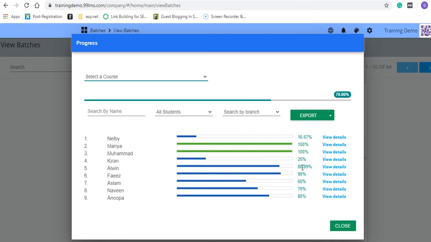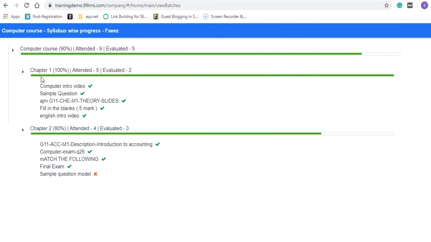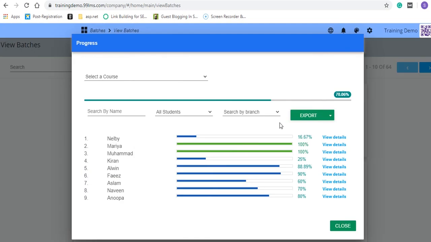And if you click on this, you can see that in the first chapter the student has covered all the study materials, and in the second chapter the student still needs to complete the study material. So here a teacher can track whether the student has gone through all the study materials provided by the teacher. And if they want to download this report, there is an option for it also.